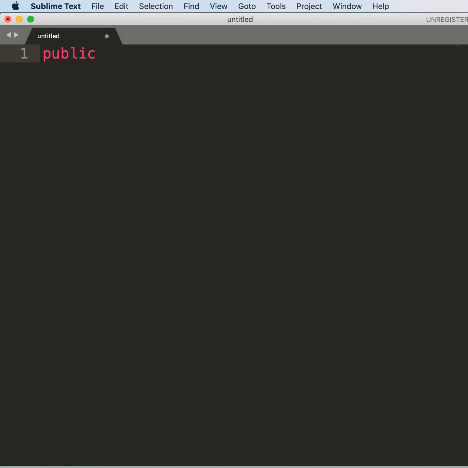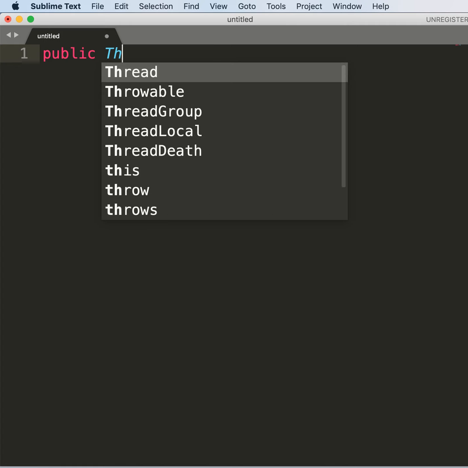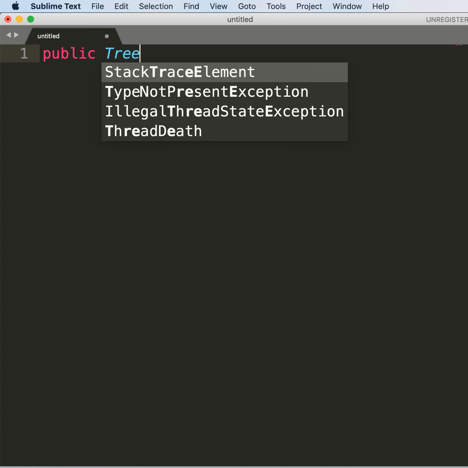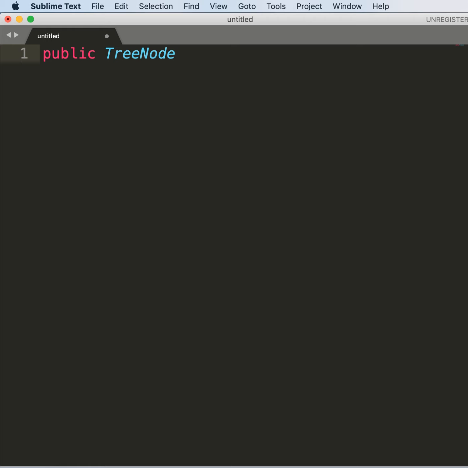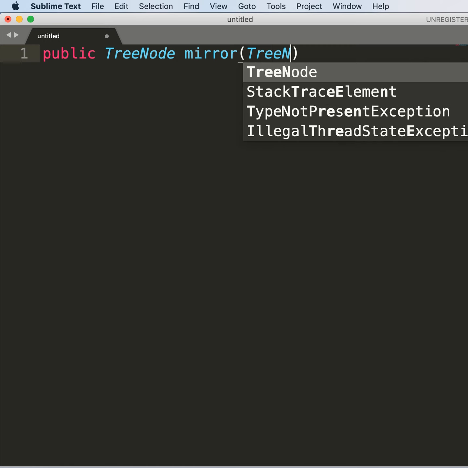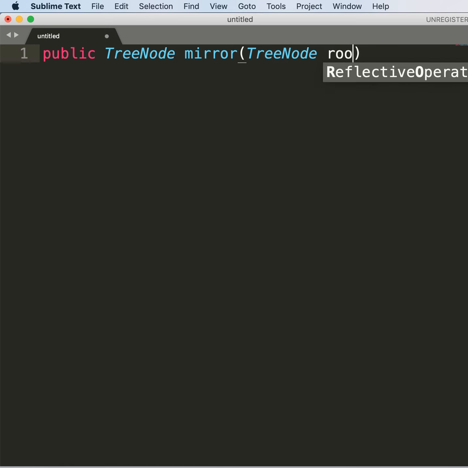So we will have a function whose structure will be a tree node. So basically tree node is nothing but a node which will have data that can be int, and a left and right pointer to itself. So we are given a mirror function with the root node, and we have to write the logic for taking the mirror image of this tree.